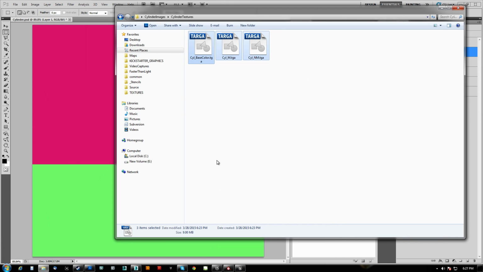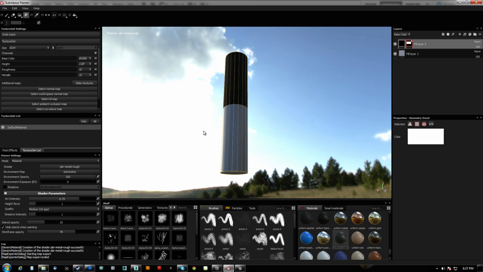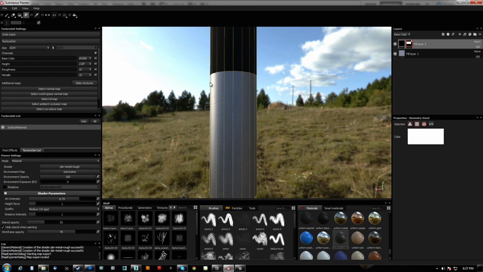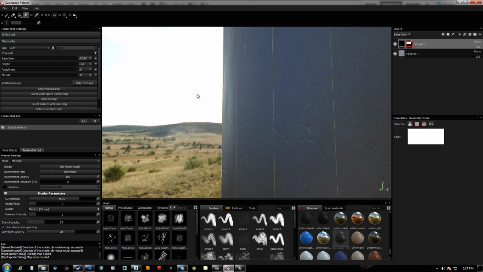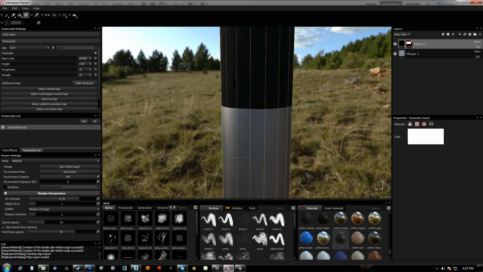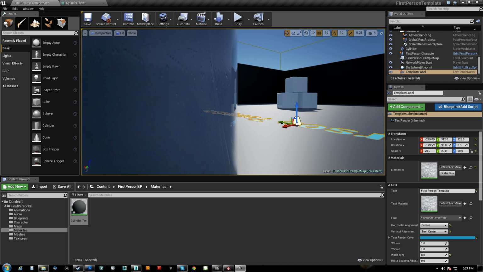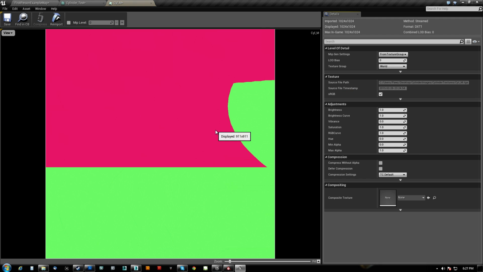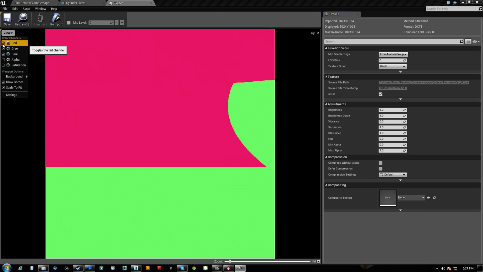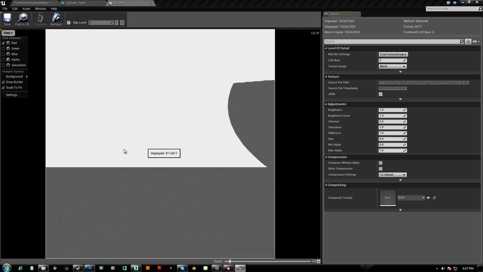But if you look in the PBR stuff over here in Substance Painter, you can see that even on the very edge it's very flat. There's not a lot of reflection. There's a slight amount, but really not a ton. The reason that we're having an issue here is because these values in our particular texture right here are actually completely wrong. If I look at the red channel, it's much brighter or much darker than it needs